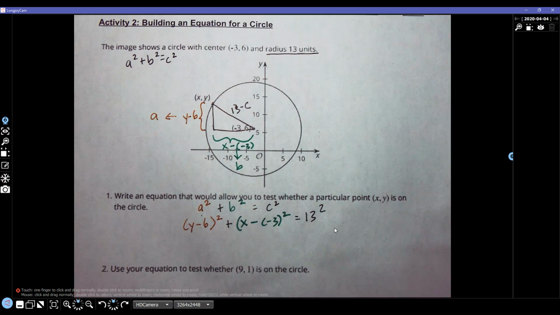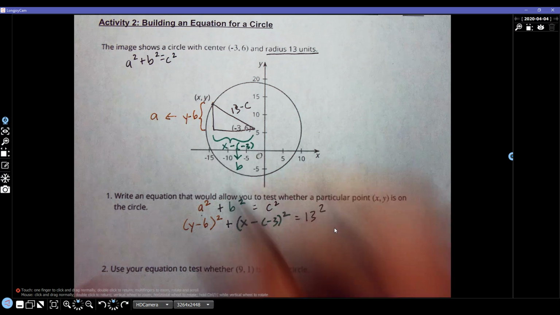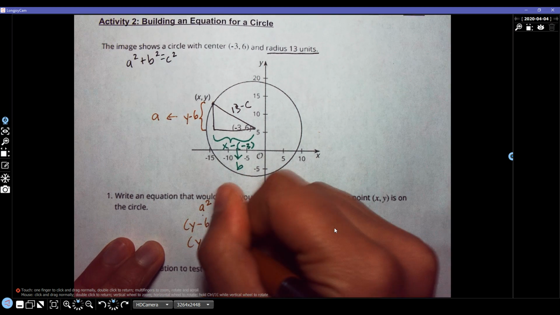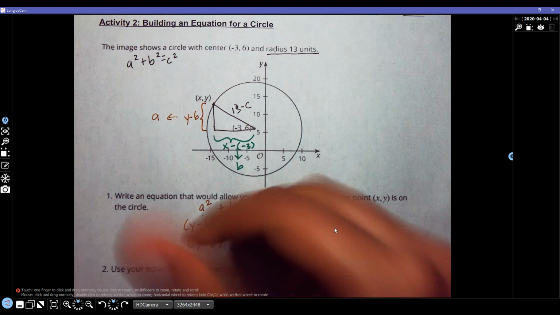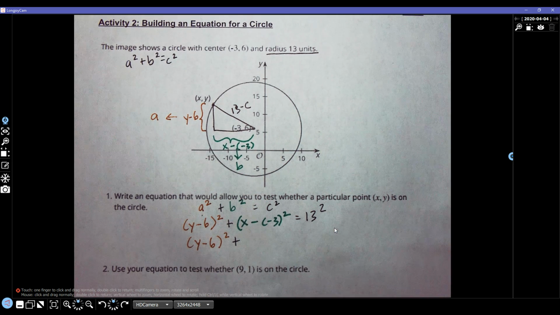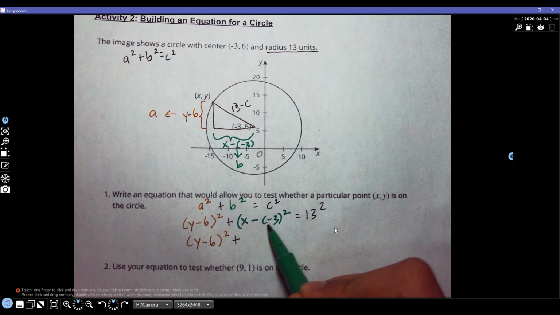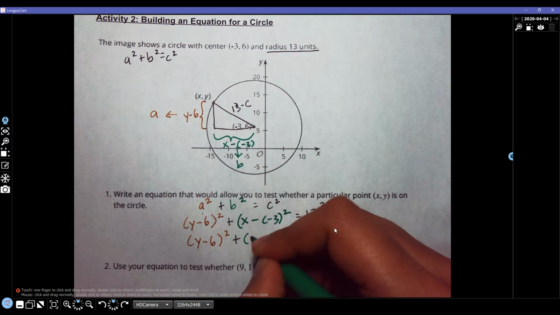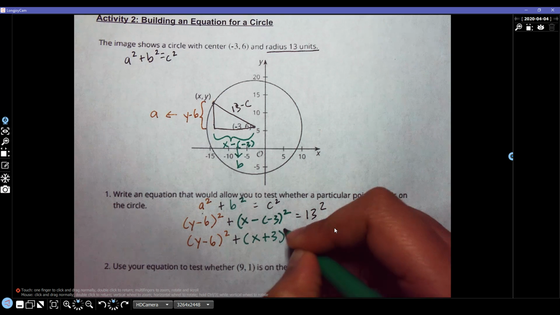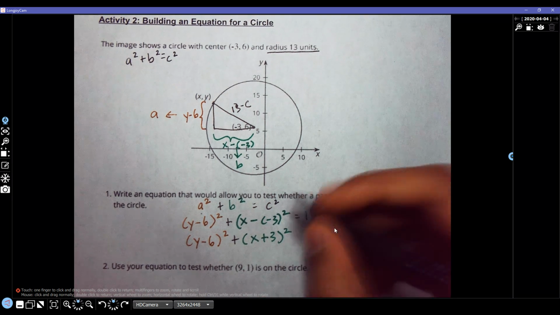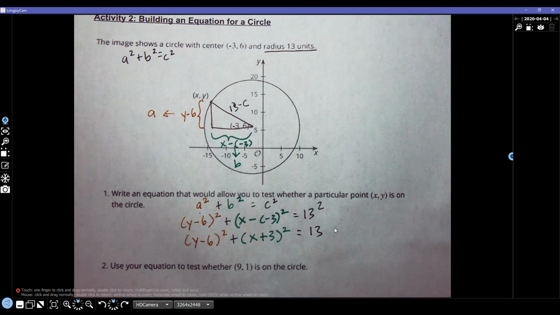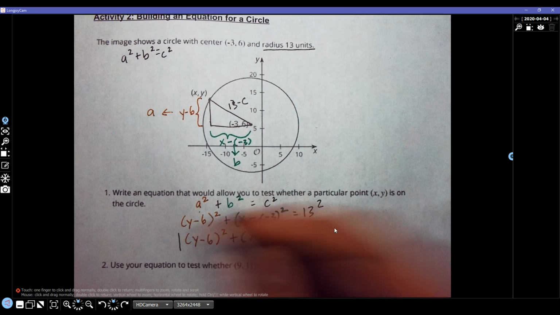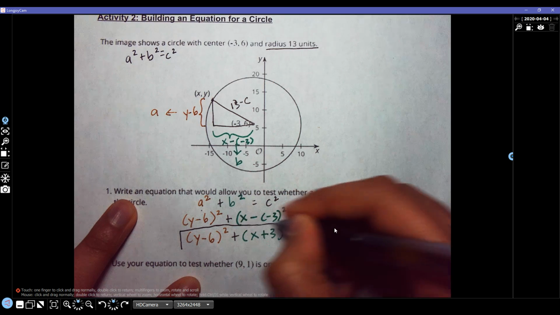So let's simplify this a little bit more. We've got y minus 6 squared plus, and remember, when we are subtracting a negative, when we've got this negative and negative here, it becomes an addition situation. So when we're subtracting a negative, we can actually just write this as x plus 3, the whole thing squared, equals 13 squared. So we have now written an equation, I'm going to box this over here, which allows us to